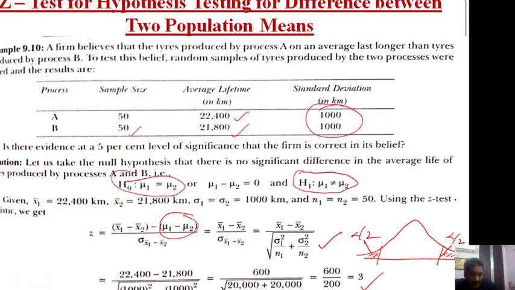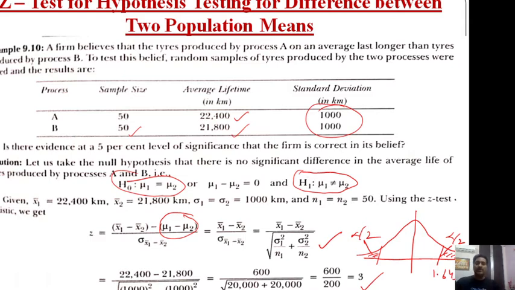But because z is equal to 3, z equals 3 means, if here your critical value is 1.645, it is going beyond this 1.645, which means it is coming into the rejection region. That's why we have rejected H naught. I hope it is clear now why we are rejecting H naught.